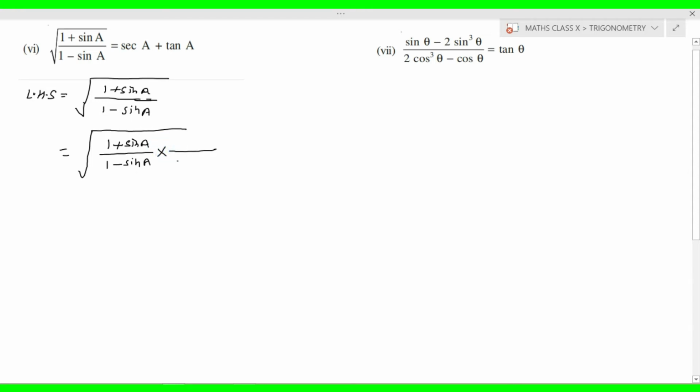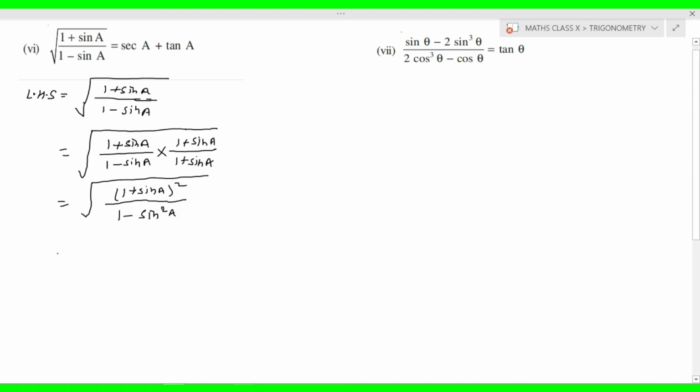So it is minus, you will write 1 plus sin A, and in the numerator 1 plus sin A. Same number can be multiplied and divided in the numerator and denominator without altering the values. Then in the next step, in the numerator the same thing is multiplied twice, so we write 1 plus sin A whole square, and in the denominator you find it is in the pattern of A minus B into A plus B, so A square minus B square. The A square means 1 square is 1, minus B square means sin square A.